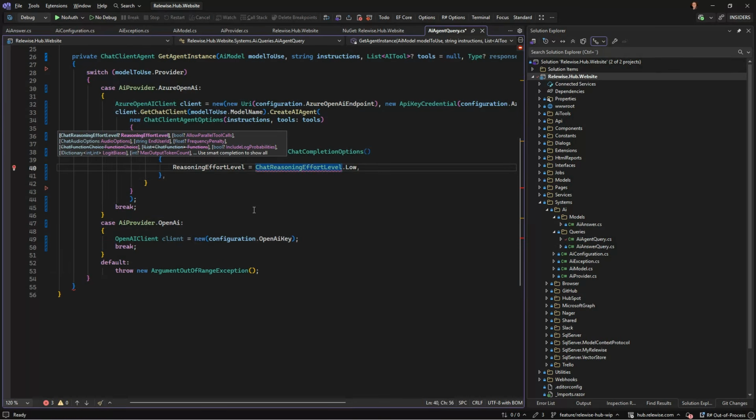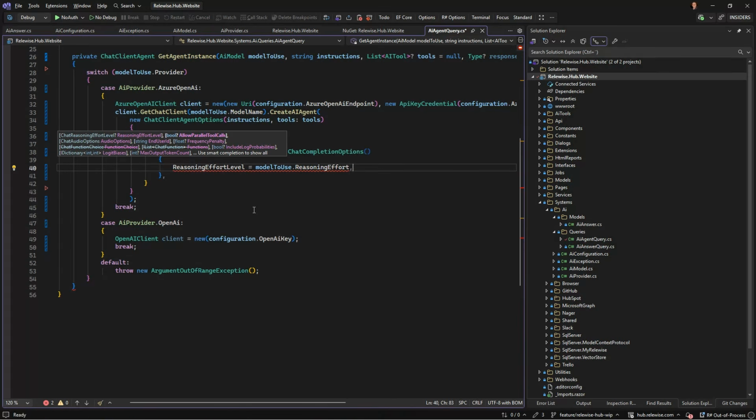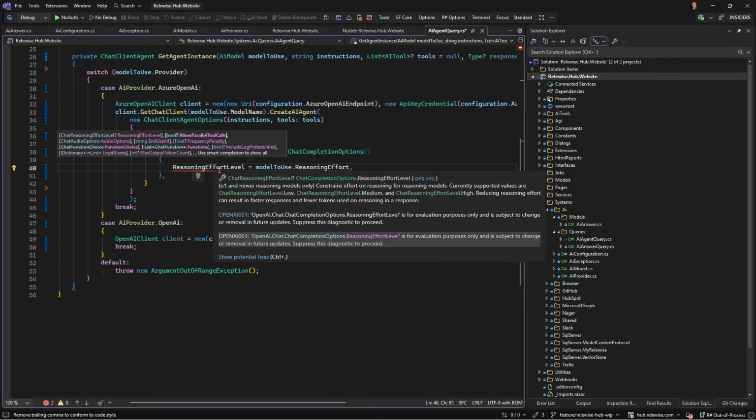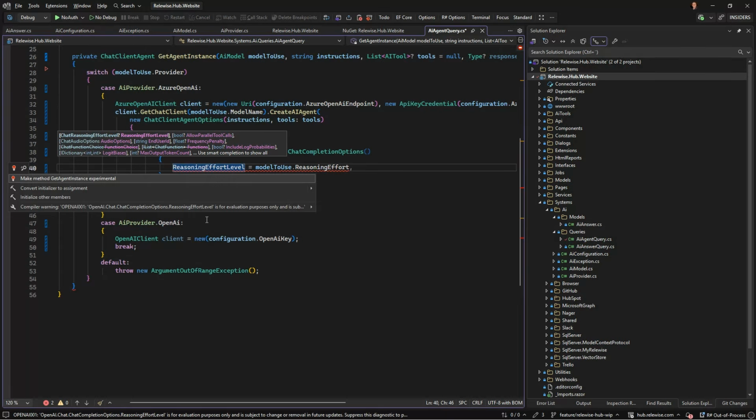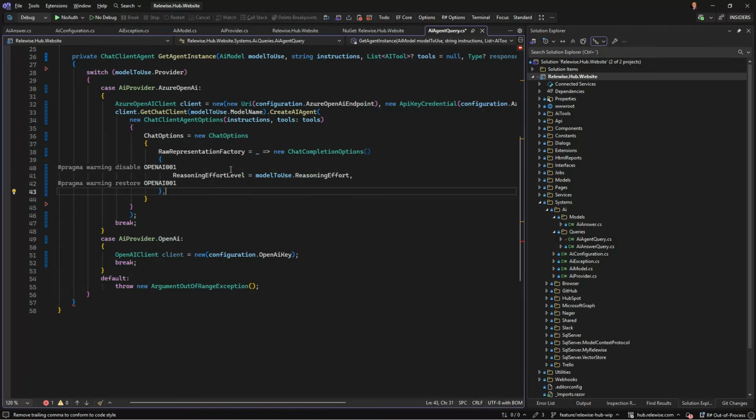And then I'm gonna set the reasoning efforts for models to use that reasoning efforts. And what is this complaining about? Oh, that's the evaluation part, so I need to put it into Pragma. Don't know why OpenAI have made that choice. But I guess I'll need to take these chat options out because it's only if